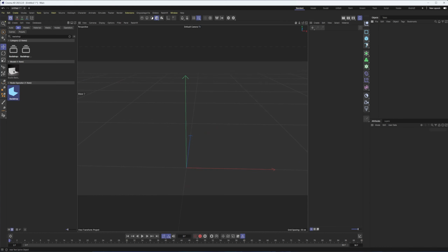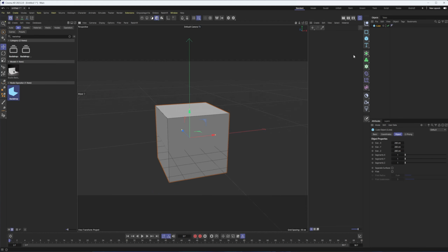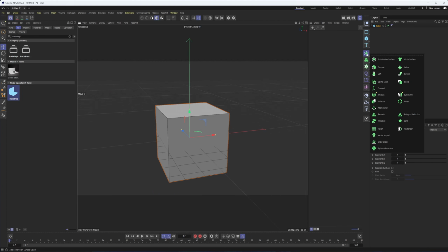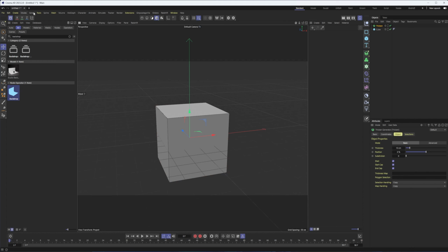Another thing that they said was new was the new thicken generator. And so I'm curious to see if we can apply this to other objects here. And truth be told, I haven't used a lot of these new features yet because they stick out a little bit more in your user interface. And if you're not familiar with that, typically that means you'll see a little dot by them, like we have thicken. Obviously, it's new, but even symmetry, which has been here for a while, is now something that has something in it that's been updated, though I don't know exactly what. But yeah, that way it's a little bit easier for me to find these things. And you can see it in your menus too. You can see it in your commander.